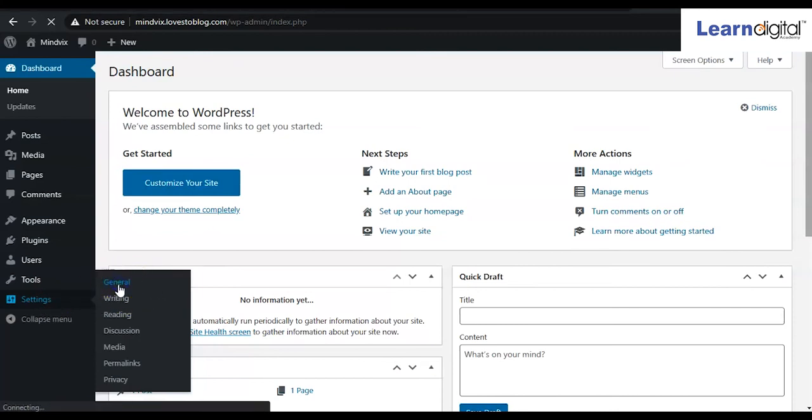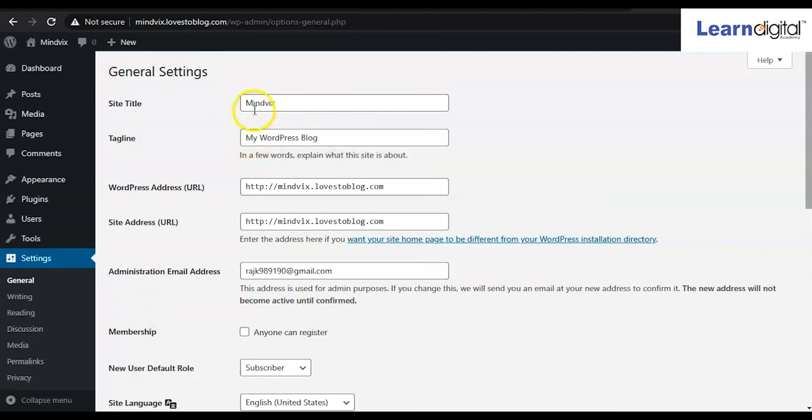First, you have to come to General Settings. Under General Settings, you can change the site title or add a tagline for your site. You can change the timing and the date format. Everything is up to you. If it is required, you can definitely change it; otherwise, you can leave it. Here you can see the site title and here the tagline. The tagline is whatever punchline or tagline you have for your company or website. You can simply add it over here.